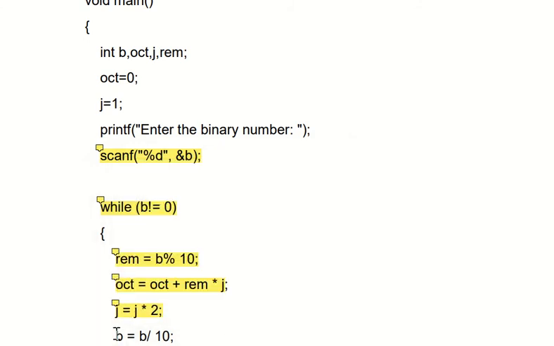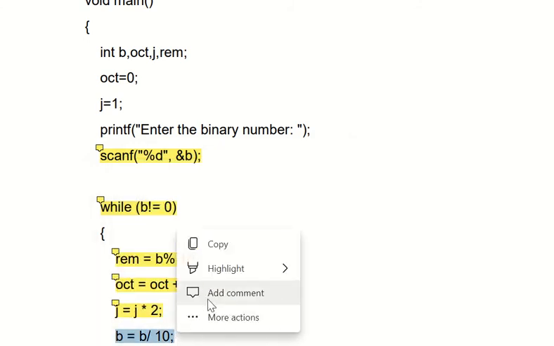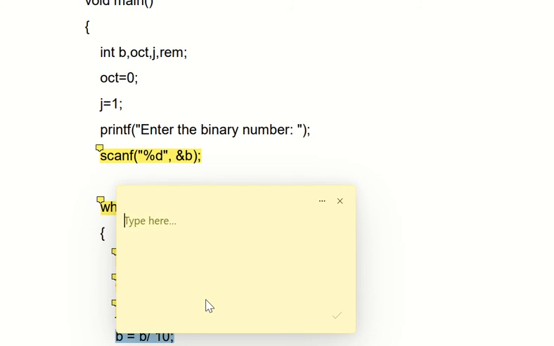And b is equal to b divided by 10. That means b is 11001 divided by 10, so what answer of b will you get? 1100. That is the answer you will get.